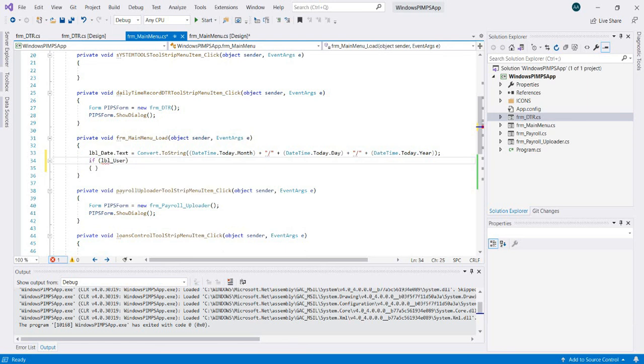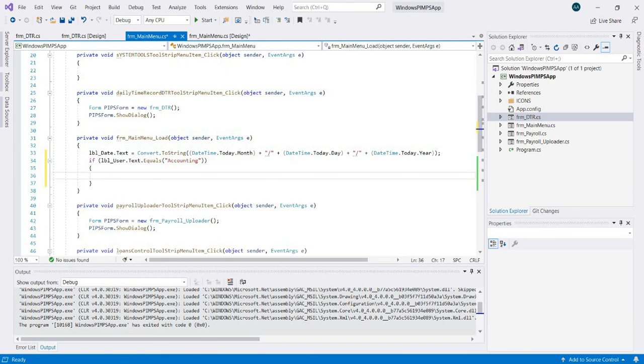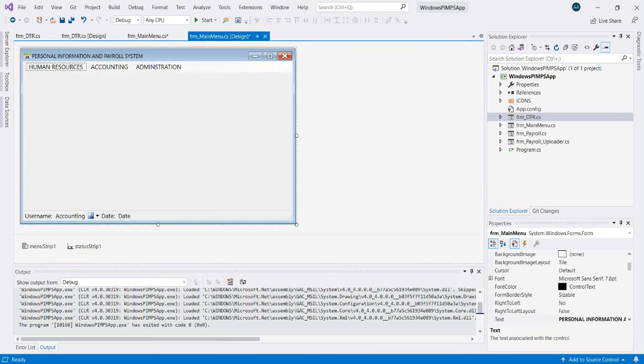We should be able to set it up. So if user.text is equal to accounting, if it's accounting, oops, I forgot my double quotation there. Okay, so if that is the case, then